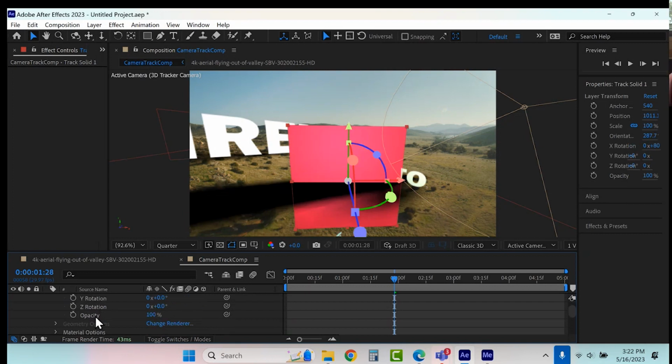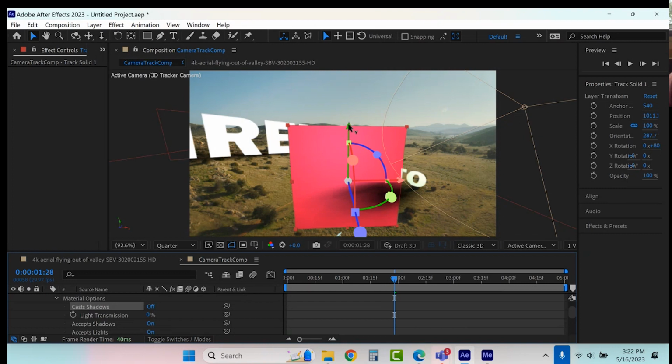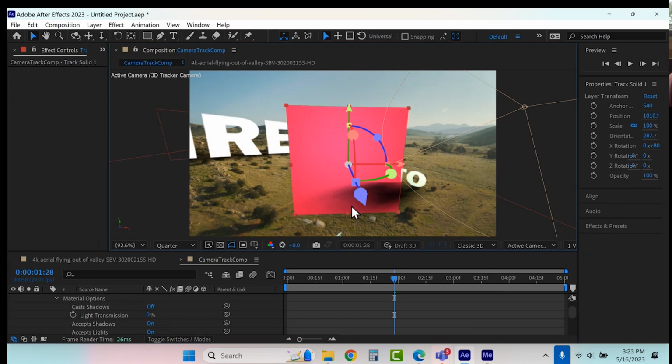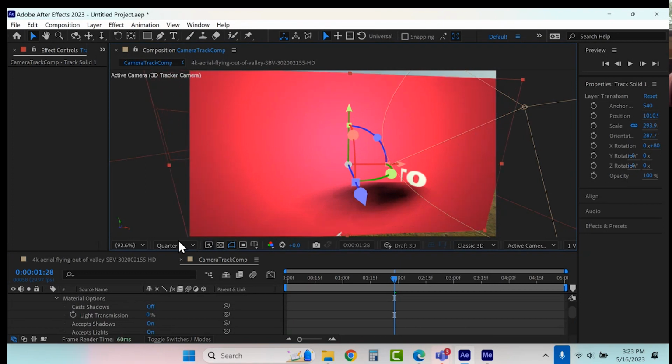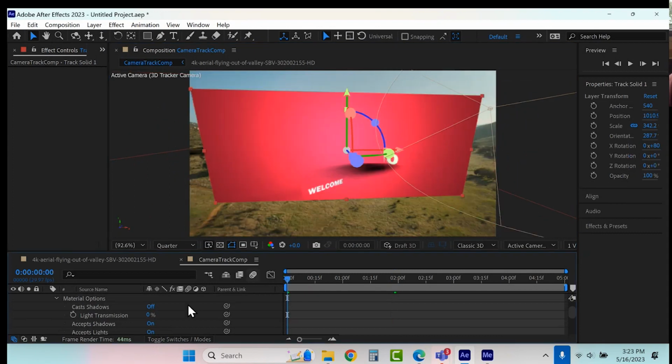Now I'm going to turn cast shadows off. And I'm going to make this just be a pretty big, large solid. As you see, I want it to kind of fit the screen here.